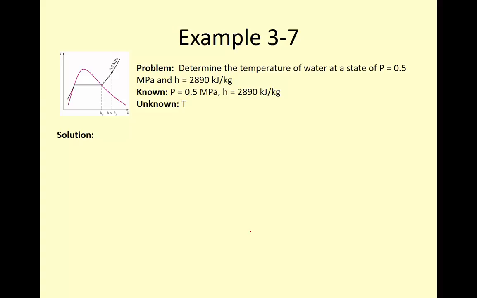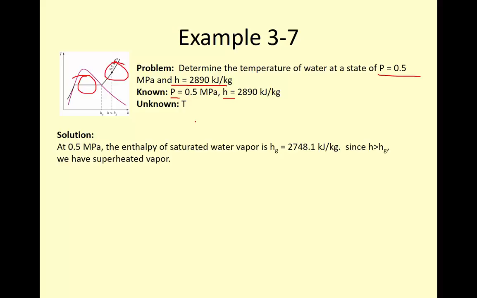Okay, so let's do another example. Determine the temperature of water when we're given P equals 0.5 megapascals and H equals 2890 kilojoules per kilogram. Again, we have two independent intensive properties. Whether we're in the superheated region or under the dome, they would be independent. Because we're doing superheated examples, we can presume it's going to be superheated, but it's always a good idea to double check. So at 0.5 megapascals, h_g is